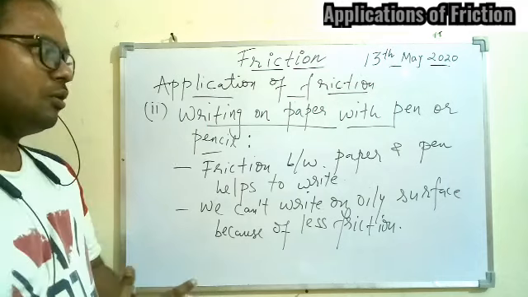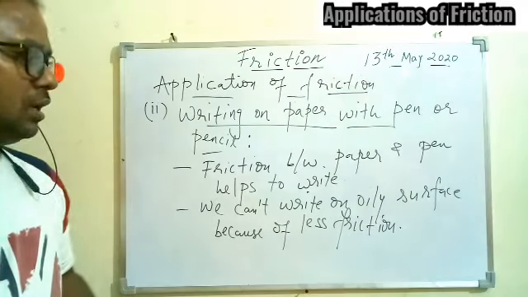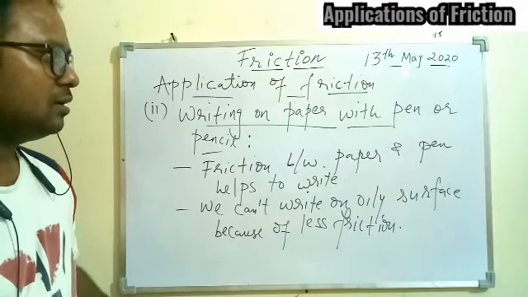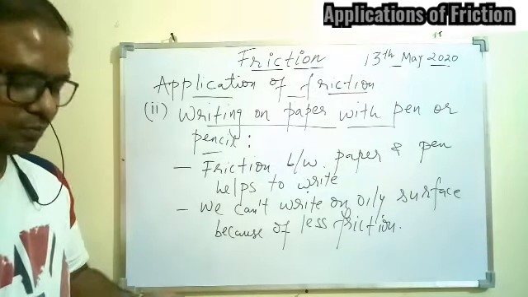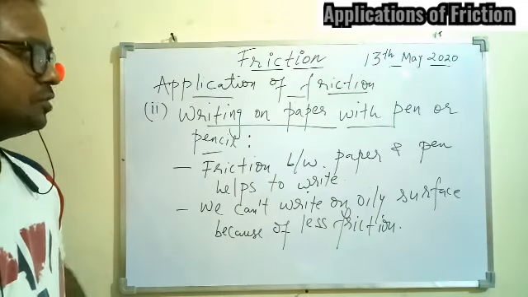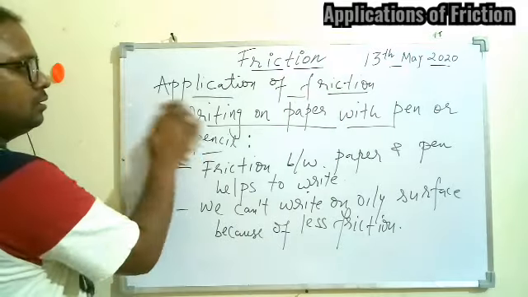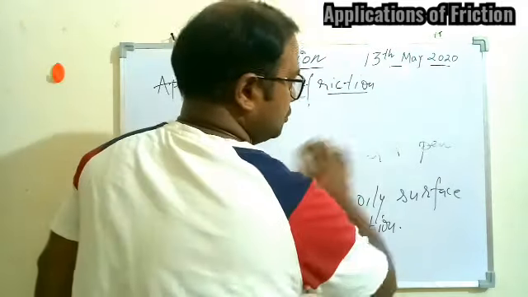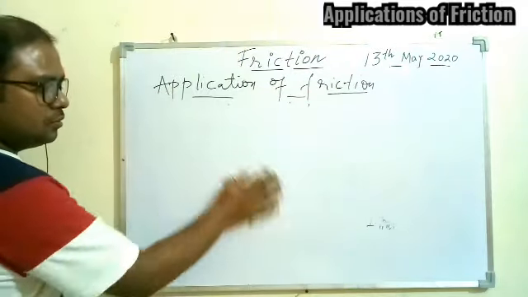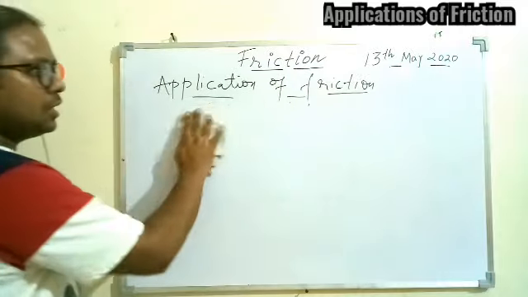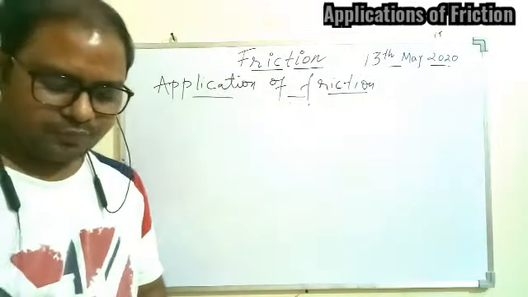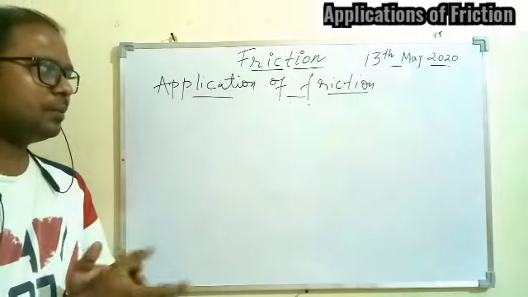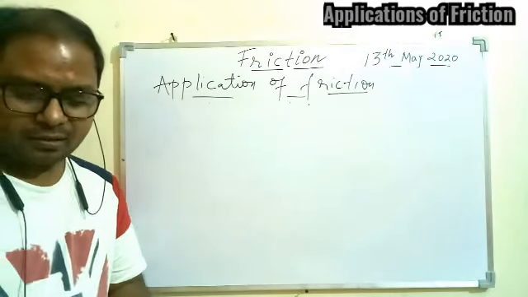So any surface or any paper can become smooth, and because of that the writing with pen or pencil can be a difficult task for us also. So I hope this is also understood. For writing or even to draw anything on the paper, you use the color, and for that also the friction is very important. So trying to draw on the oily paper is very difficult. Am I clear?